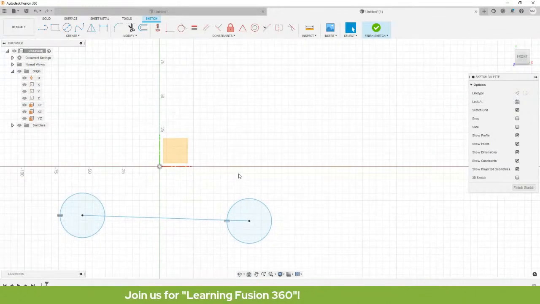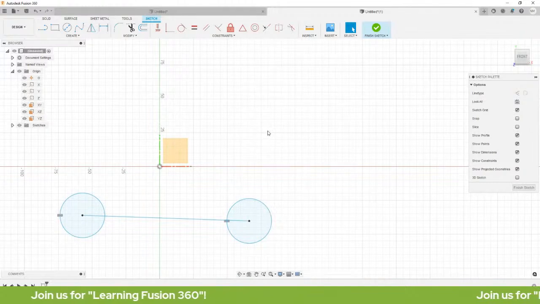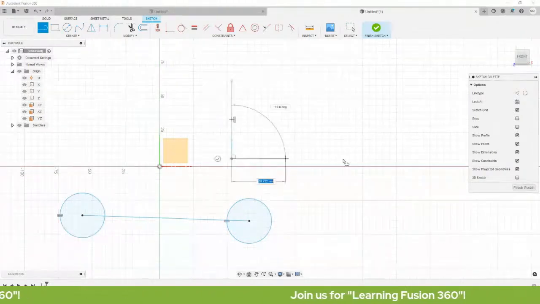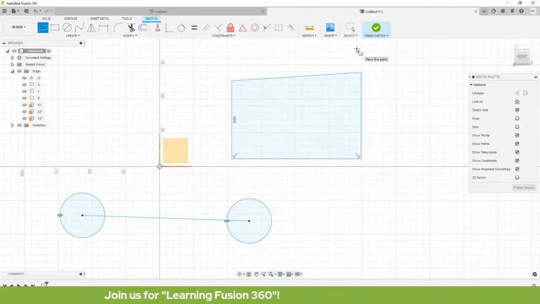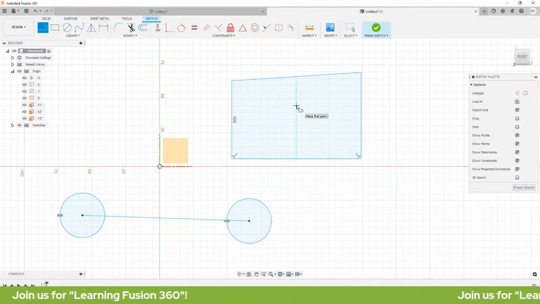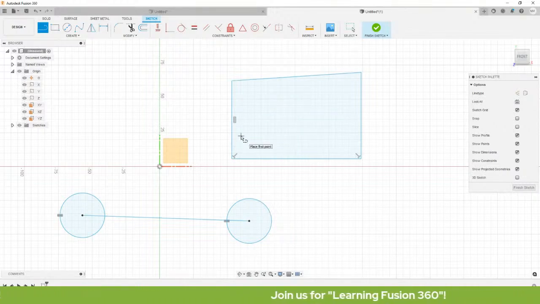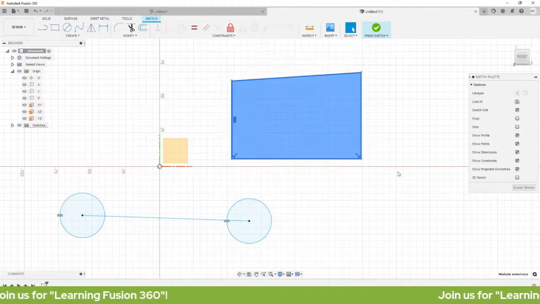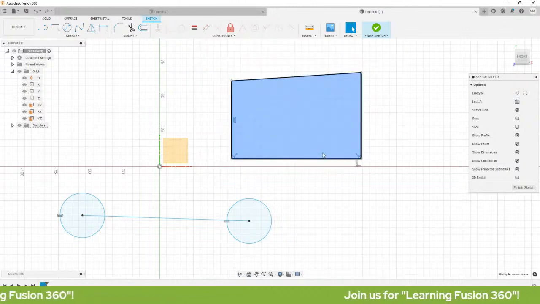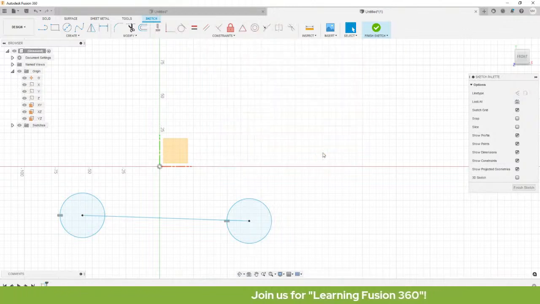Okay, so if you want to make a series of line, you can press L. And if you want a single line, you can always press escape. So to delete, you can use window selection and press the delete key on your keyboard.